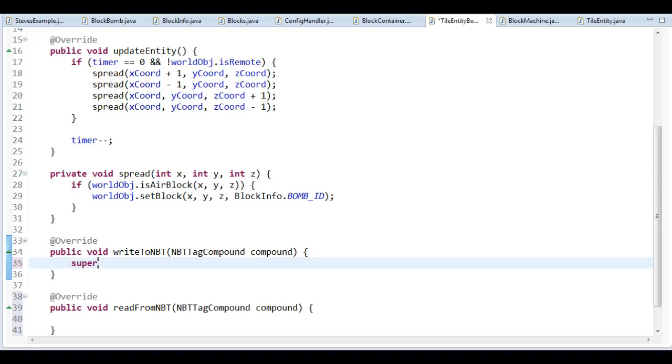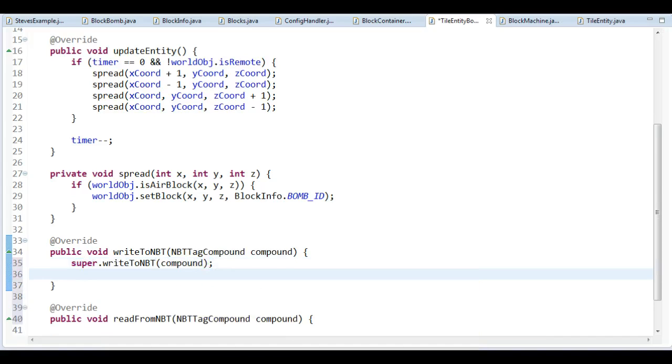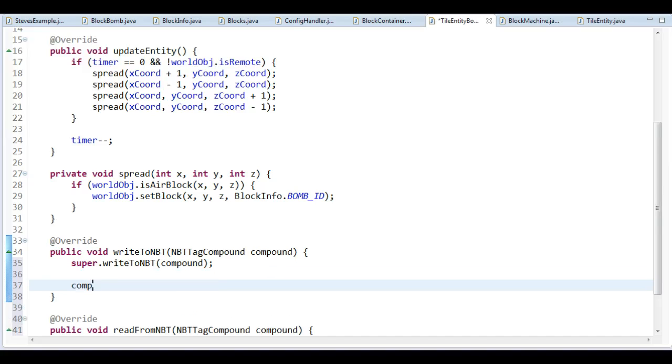One important thing to do, however, is to tell the superclass to write to its NBT, and what this is going to do is save where we're located, which world we're at, which position we're at, so we don't have to do that ourselves. So just do super.writeToNBT like that. And the next thing to do is